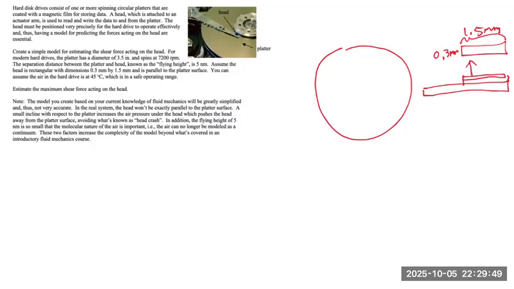So basically, let's look at this portion more closely. In this portion we have the rotating disc. We also have the head. Let's just draw the gap a little bigger so that you can actually see the velocity distribution. It's at a height h. And we assume a Couette flow, which means that the velocity will be the greatest at